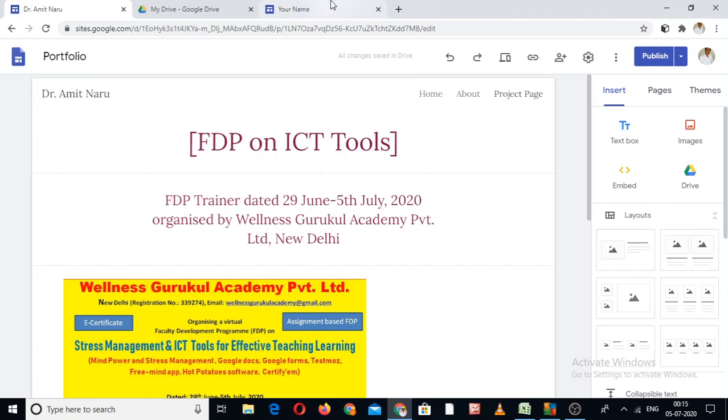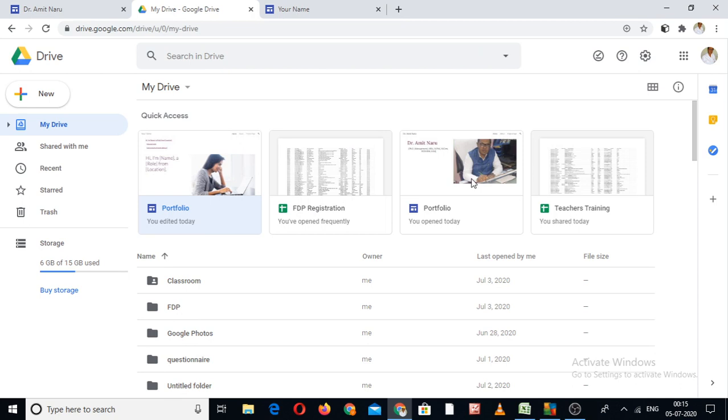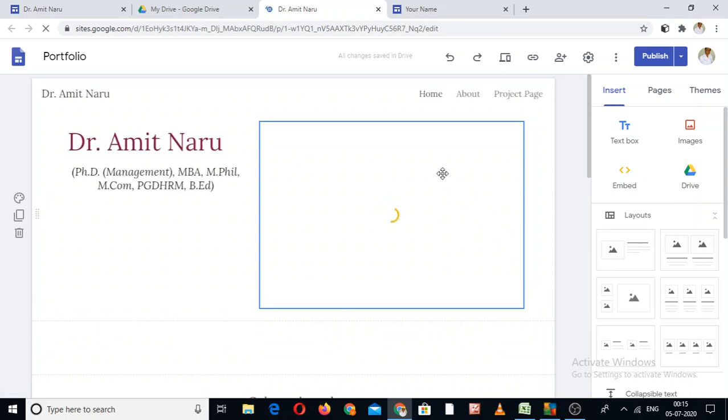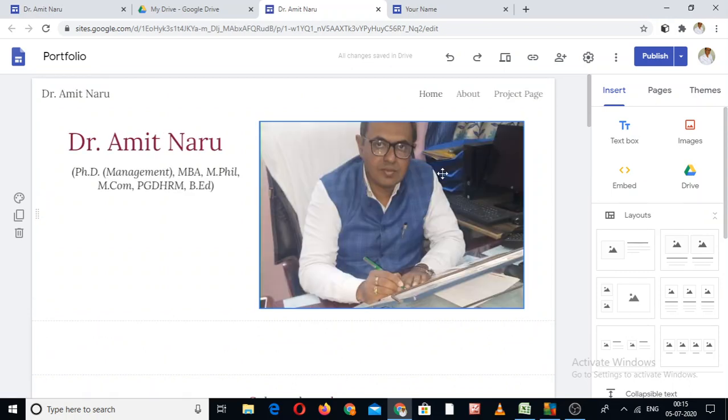And what is the sign of this one? It will come in this form in the Google Drive. You click, or anybody can click on this page, the Google Sites page, my portfolio, and the page will open. So I'm sure it's not very difficult. You and I, non-technical people, can generate our own page, we can work on Google Sites, and it's very easy.